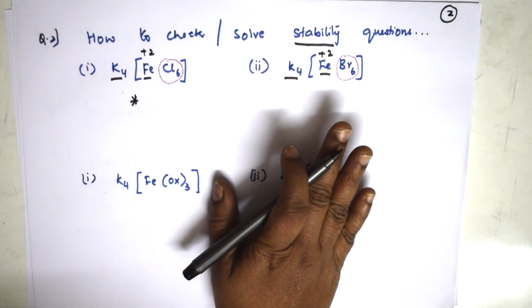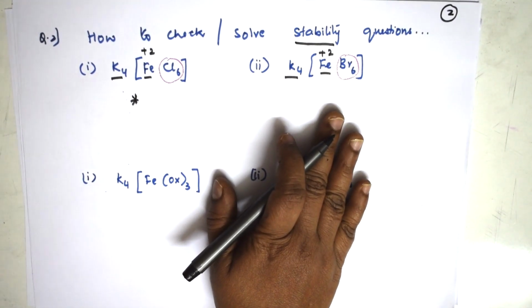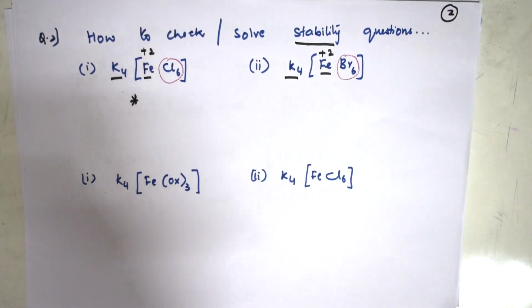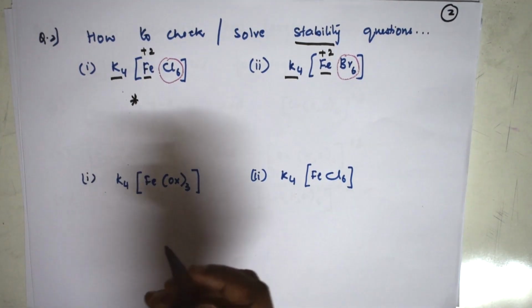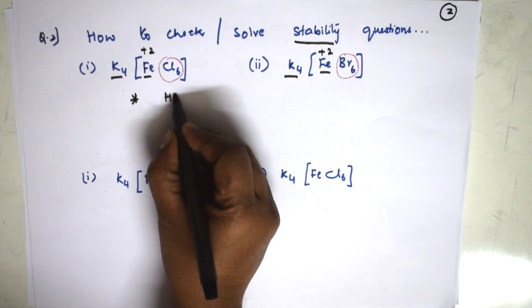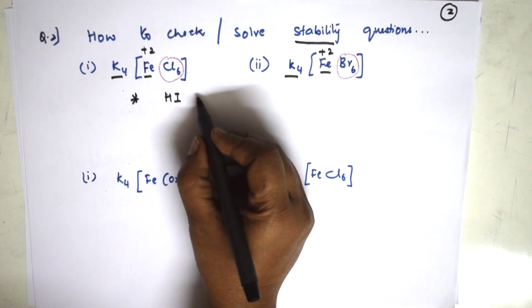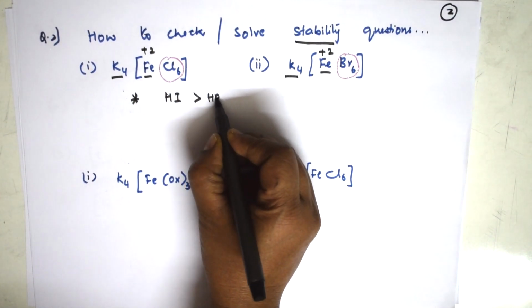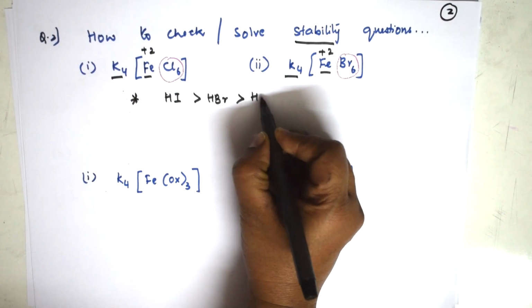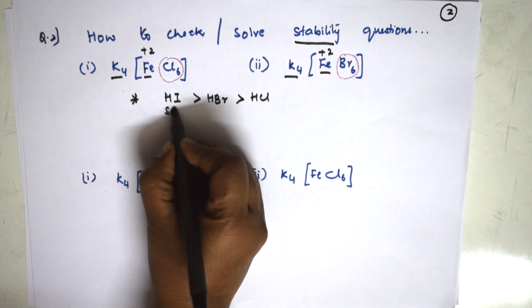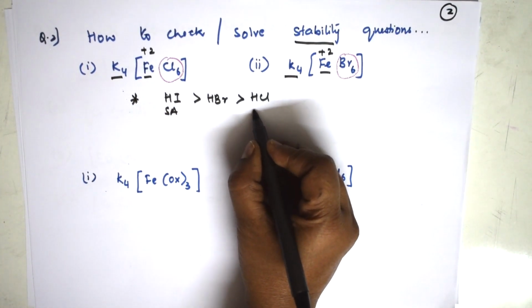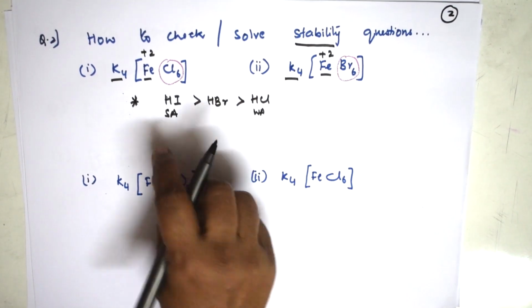Among both the halogens, first thing, we very well know, we have seen the order of acidity, isn't it? What is the strongest acid? Hydroiodic acid. What is the next? This is stronger. What is the next acid? HBr. What is the next acid? HCl. So this is the strongest acid. This is a little bit weaker compared to this. This is a weak acid, I'm saying compared to this.